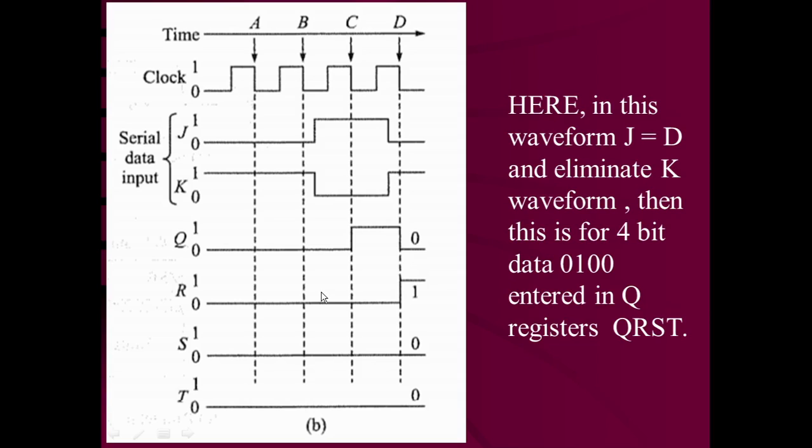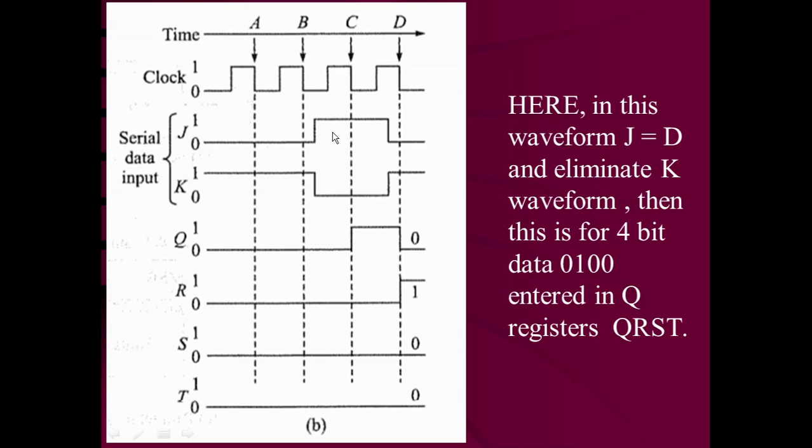And the data input DQRS was 0, 0, 0, 0. That is loaded into the flip-flops, that is, QRST is going to be 0, 0, 0, 0. Now, prior to the third clock pulse, the data input becomes 1. D becomes 1. The third LSB is going to be present. That means D becomes 1 prior to the clock edge C.